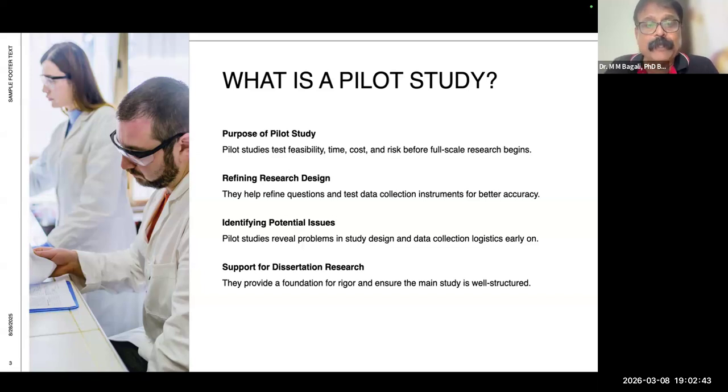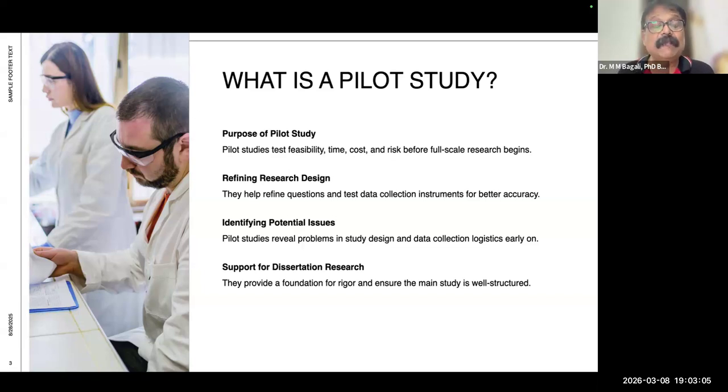So you should not go with a hypothesis if you wish to use a case study approach. The case study approach basically is content analysis. You can use three things in an actual study.